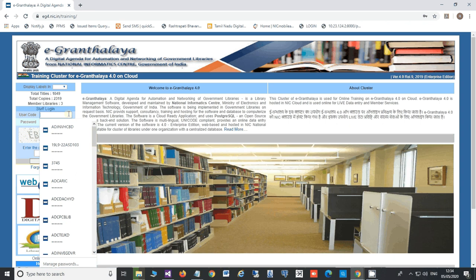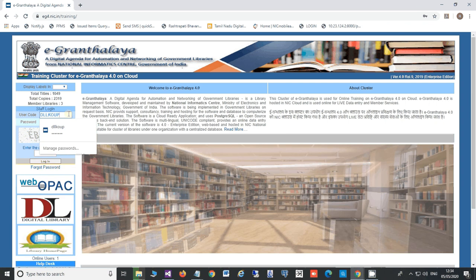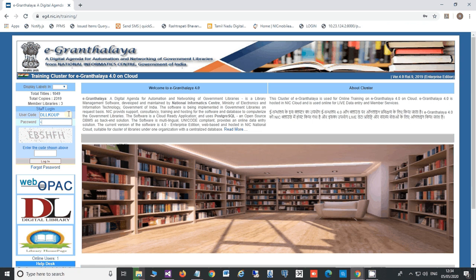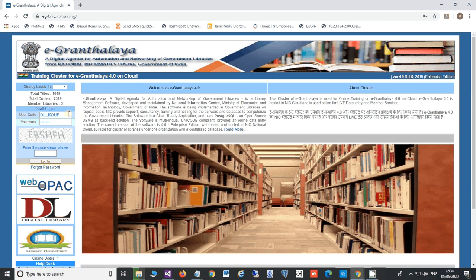As usual, first you need to log in to the application by typing your user code, then your password, and then entering the CAPTCHA visible on the left side of the screen.